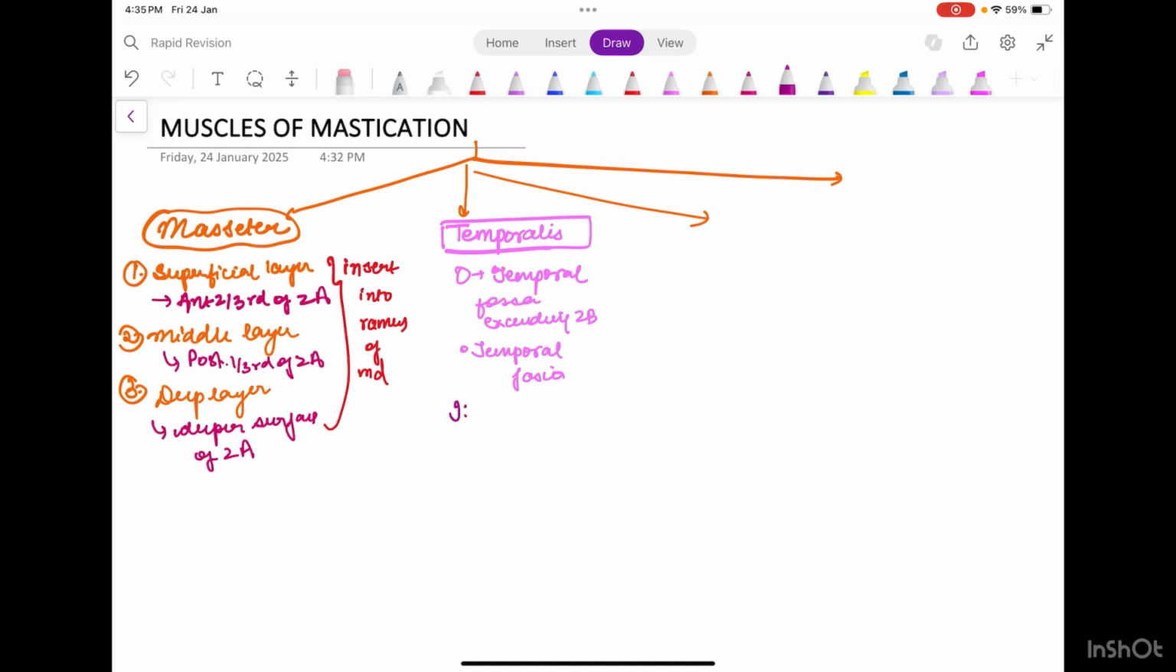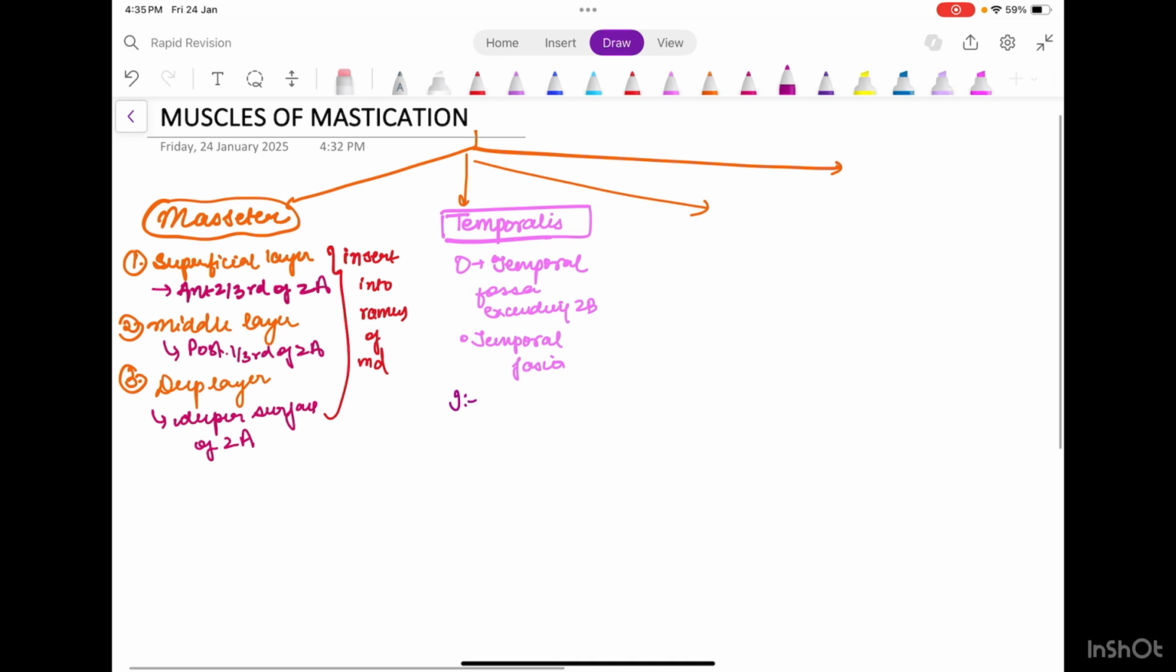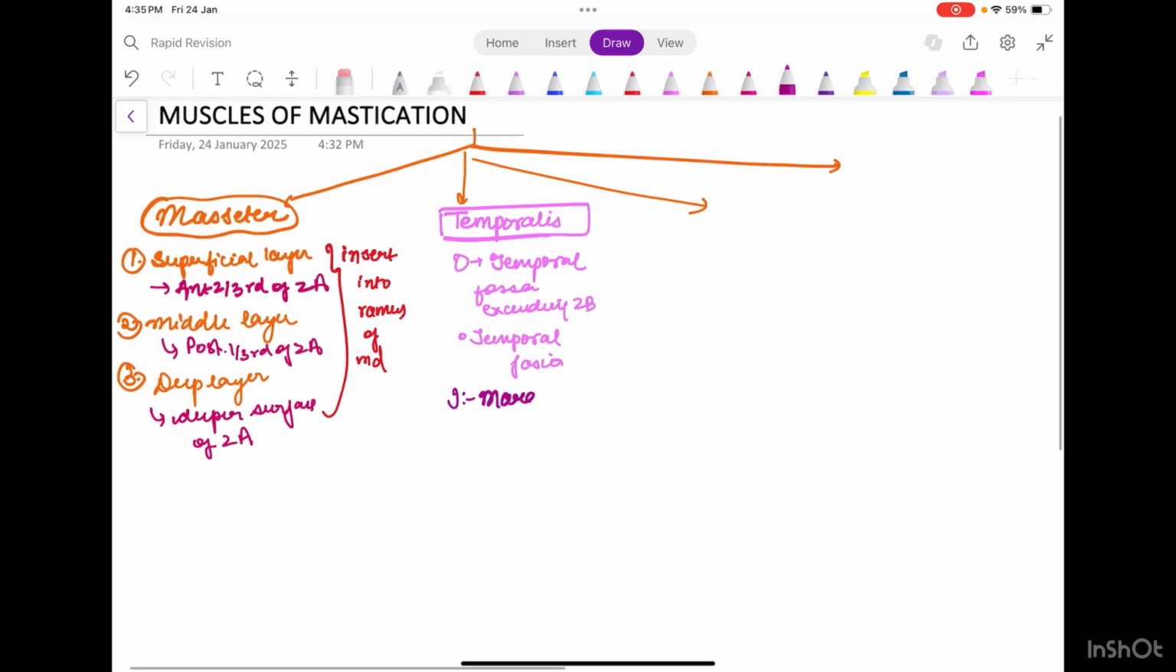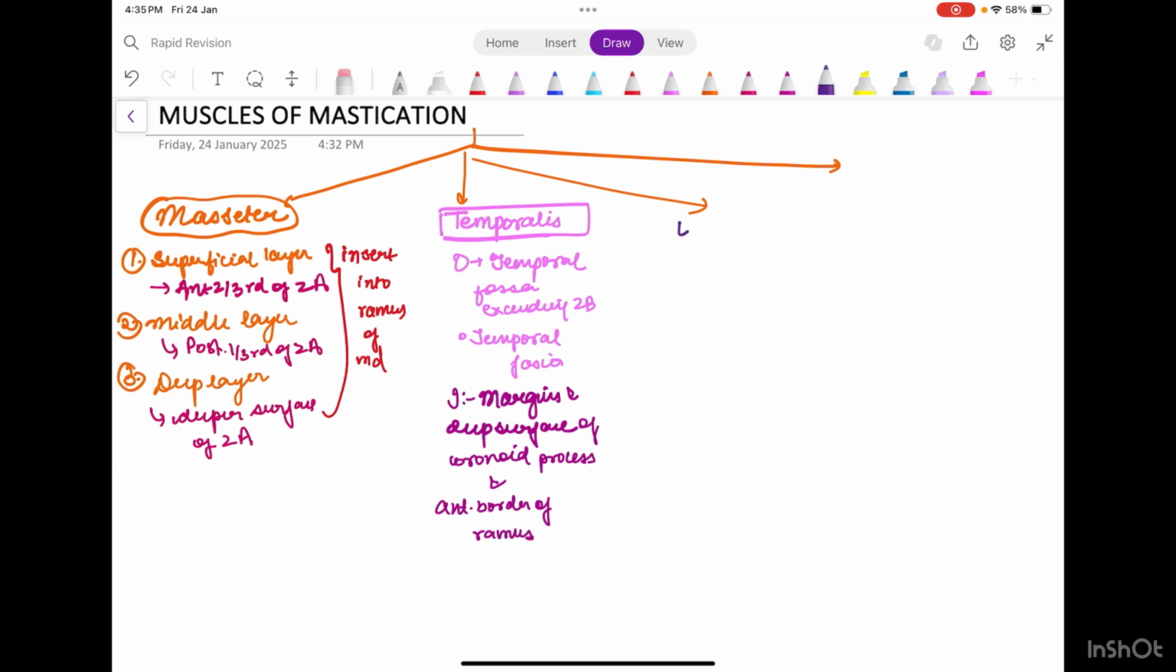Then coming on to the insertion, insertion is on the margins and deep surface of coronoid process and anterior border of ramus. Then coming on to a very important muscle, which is lateral